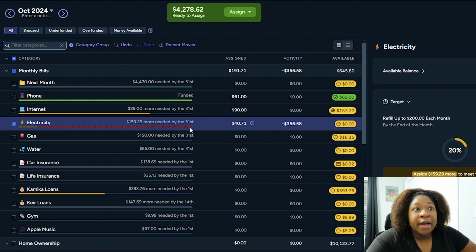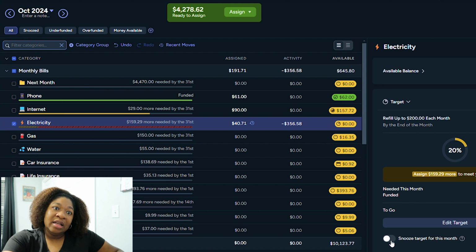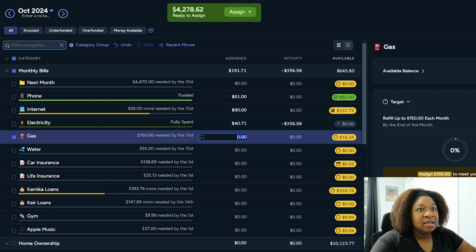And if you're using YNAB and you don't like to see this ugly red line in your budget, you can go over to the right hand side and snooze the target for this month, and it will take the red line away. You'll see these little Z's here, and you'll see that the category is zeroed out, or whatever amount you had in there will still be there, but it won't have that red line showing that you're doing something wrong. Okay, so gas, we're going to do 150,